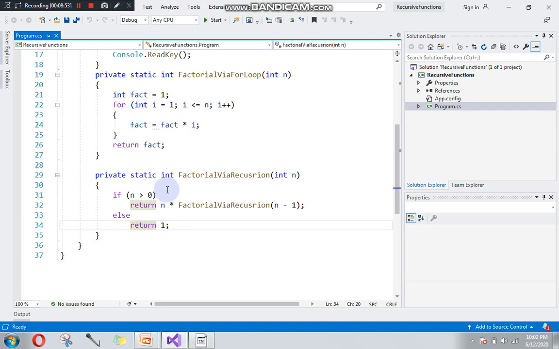Now there is a question: why do we need to go for a recursive method if we can achieve this functionality using normal logic? Is there any performance improvement, or what is the real benefit? Please refer to the next video of this series, the real-time example for recursion.